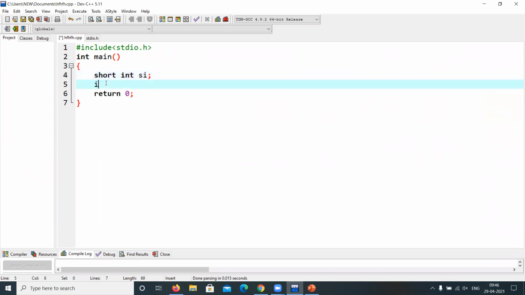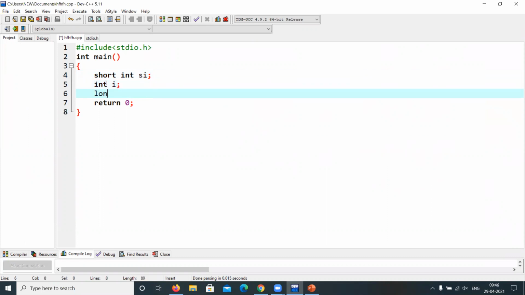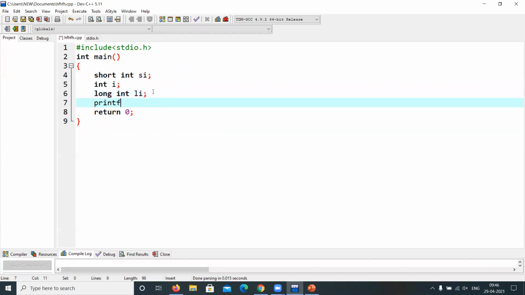Let me take a normal integer variable i. Let me take a long integer li. The variable name is li, this is the modifier applied, and int is the data type, right? Now let me write out the sizes of everything. I am using printf with percentage d, comma, percentage d, backslash n. I am going to print the size, right?